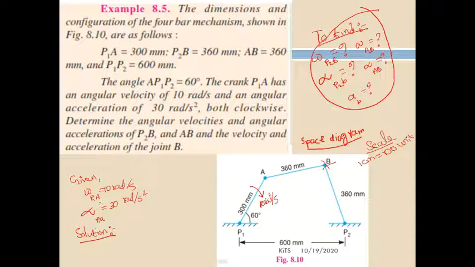In the previous cases, the velocity diagrams, instantaneous center method, every time they used to give the speed of crank P1A, and we used to find out the angular velocity. I am just recalling. Angular velocity is 2 pi N by 60. Like that we have to find out angular velocity. Then we used to find out the velocity of the crank. But in this case, they have directly given the angular velocity. We should find out the velocity of P1A.